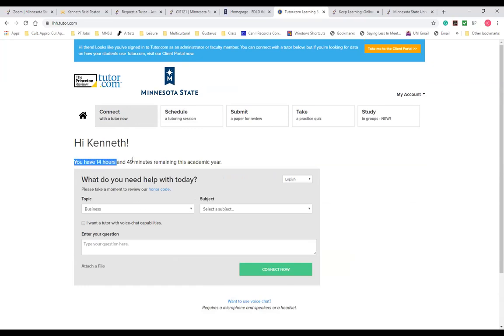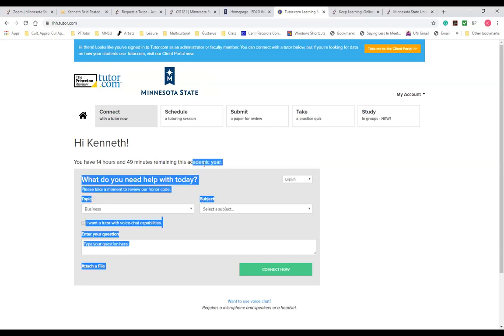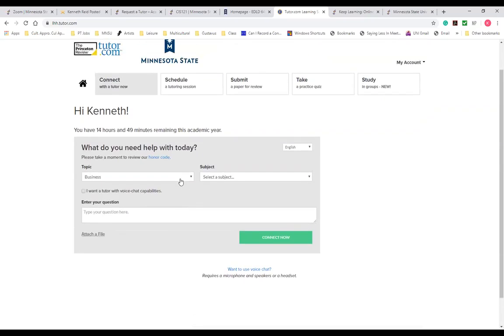I want to point out to you, too, that there's this line here that shows you how many hours you have available with Tutor.com. The university, as well as the system, pays for so many hours for every student to be able to utilize the system. So this is how many hours I have left. So you take a look at that so that way you know how many you have left for the academic year. The example that I'm going to use today is going to be for,